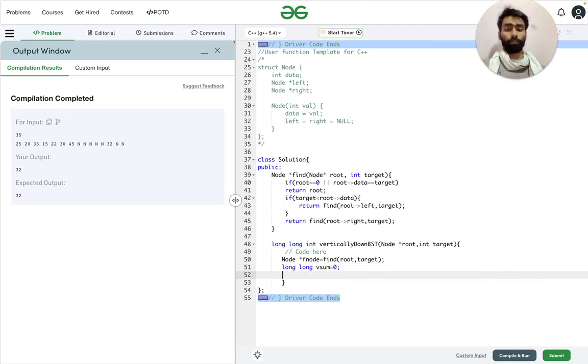For now we will call a method sum. We are passing vnode, that is the location of target, and 0, that is the level here.